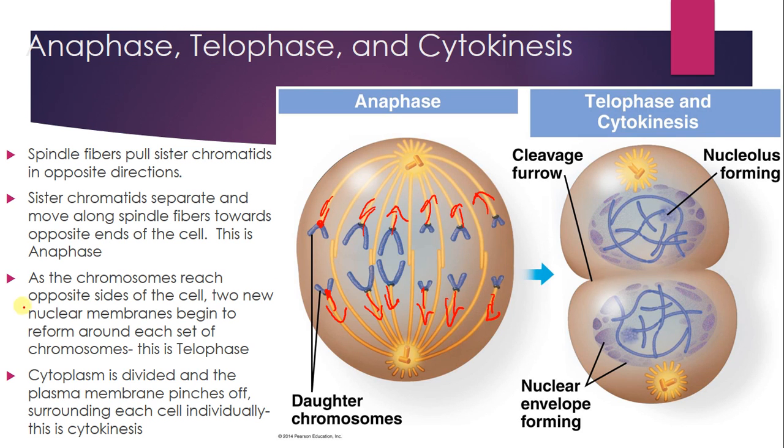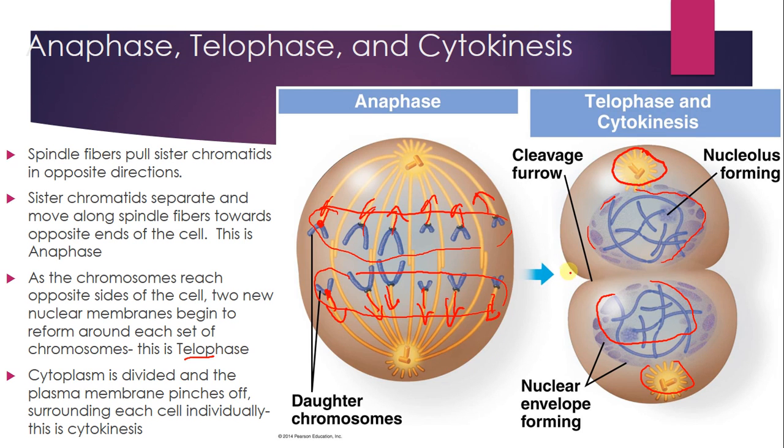As the chromosomes reach the opposite side of the cell, two new nuclear membranes are going to begin to form around those chromosomes. So nuclear membrane will start to form around these, and nuclear membrane will start to form around these. That is telophase. So telophase, you've got one centrosome, one nuclear membrane with one set of chromatin starting to form on each cell,